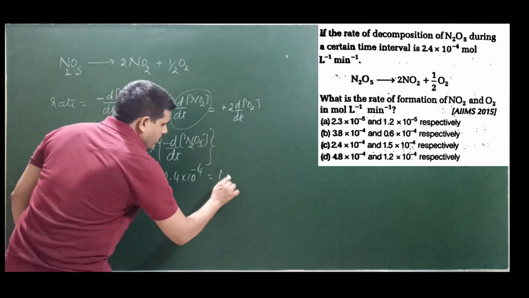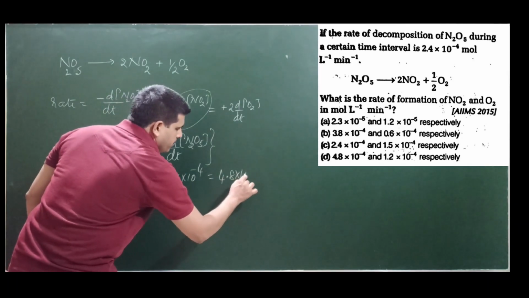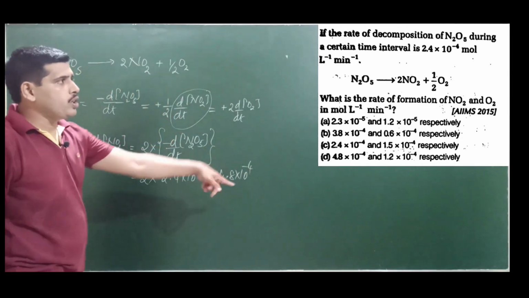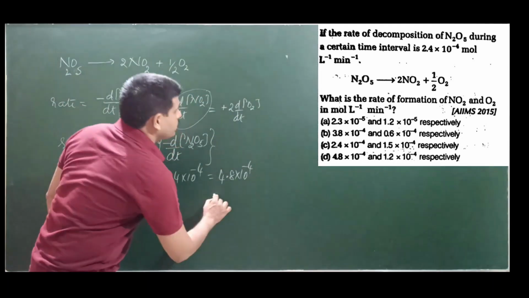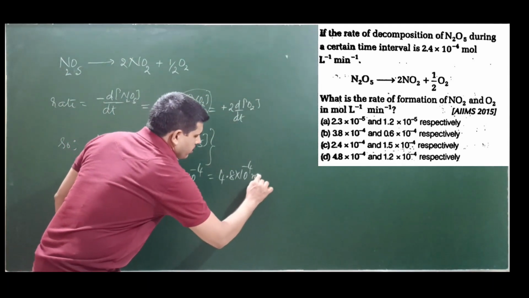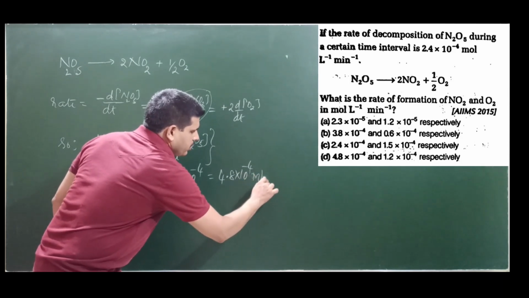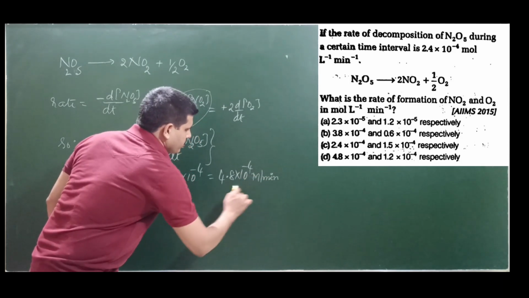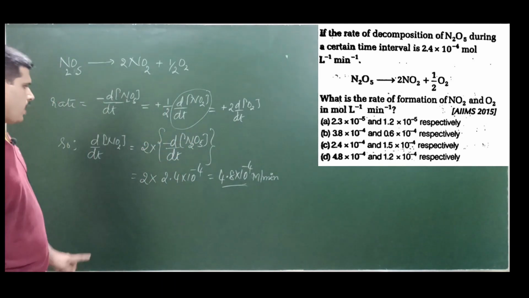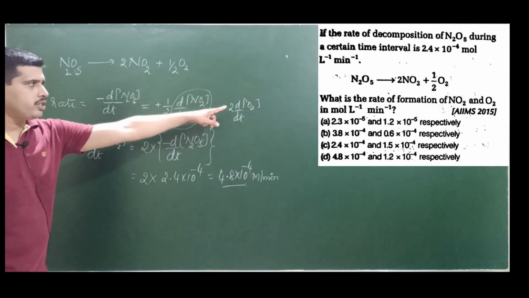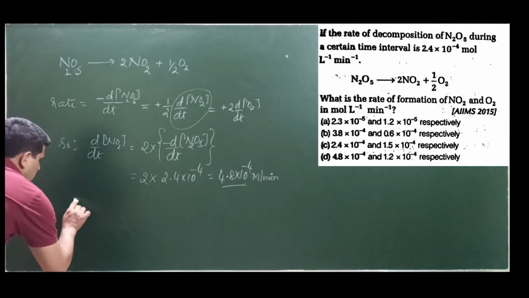So that is nothing but 4.8 into 10 to the power minus 4 mole per liter per minute. I'll write the unit here down. Mole per liter, let me write as molar, per minute. So this is the first one. What about the second one? Will you find out? Yes, so that is also